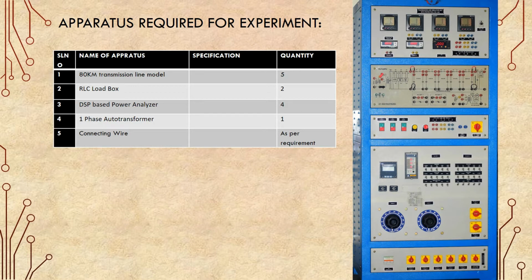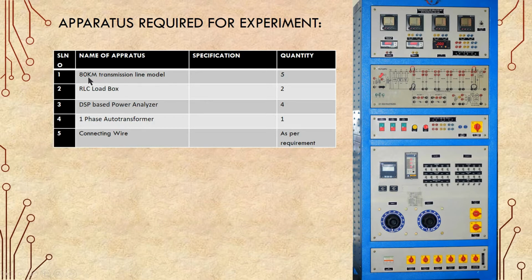Let's see what apparatus we need. In our setup, which is available in this laboratory, we have a transmission line simulation study unit. So you will study all the things related to the transmission line in this panel. That means extra things like relays and meter sections are also there. According to our aim of the experiment, we have to use certain apparatus which is available inside the simulation study unit panel. Let's see what apparatus we need.